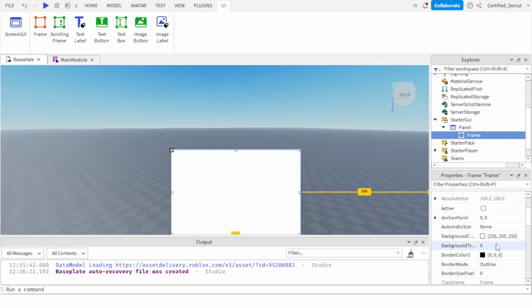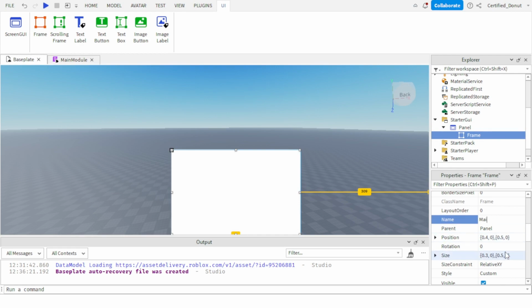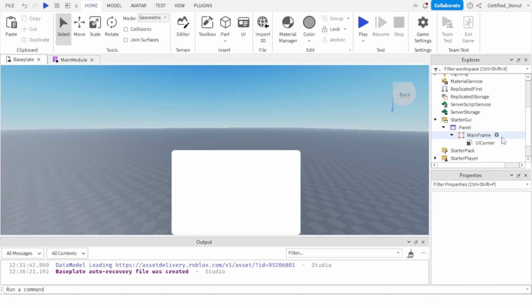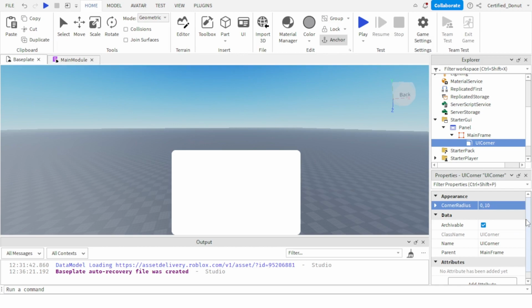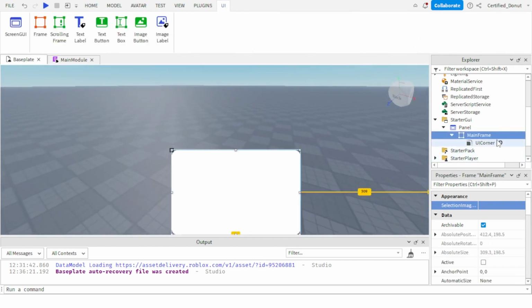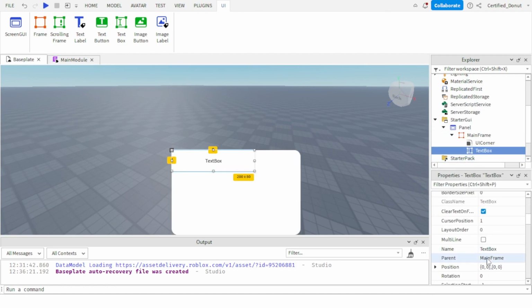And then you can name this main frame. And then add a UICorner if you want, for rounded edges. And you can change this to like 10, whatever. If you want it to be exactly a circle, you set that to 1. But personally, I don't think it looks good as a circle. Kind of just looks weird. So I'm going to set the corners to be 15. Like that. And now, in here, we will be adding a text box